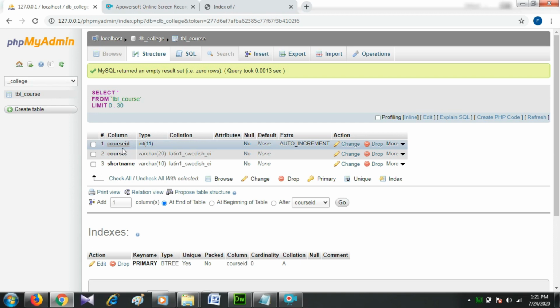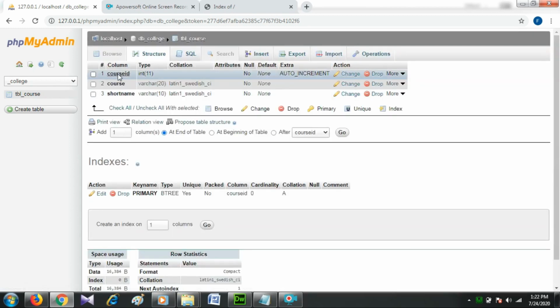In this there are many options. First is Structure. Here we can see the structure of our table. By clicking the Structure button, a new page will open that shows the table structure.